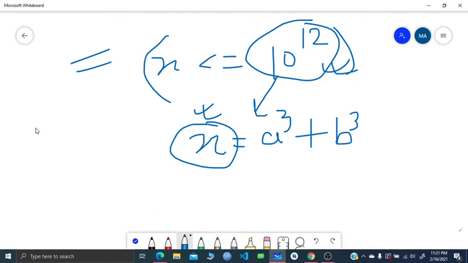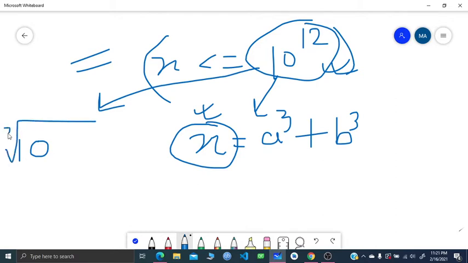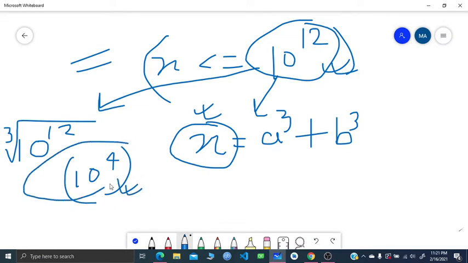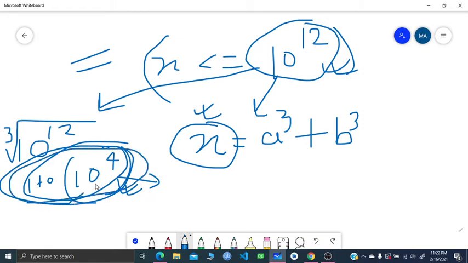If this is the largest possible number, 10 to the power 12, then if I take the cubic root, it will give us 10 to the power 4, which means we only have to consider numbers from 1 to 10 to the power 4. So I will run a for loop from 1 to 10 to the power 4, and